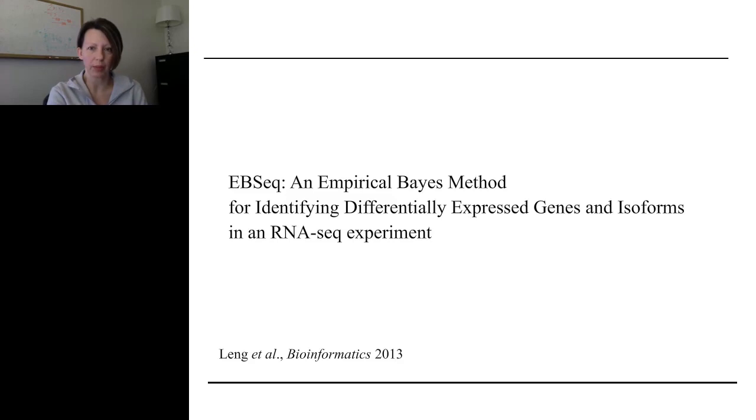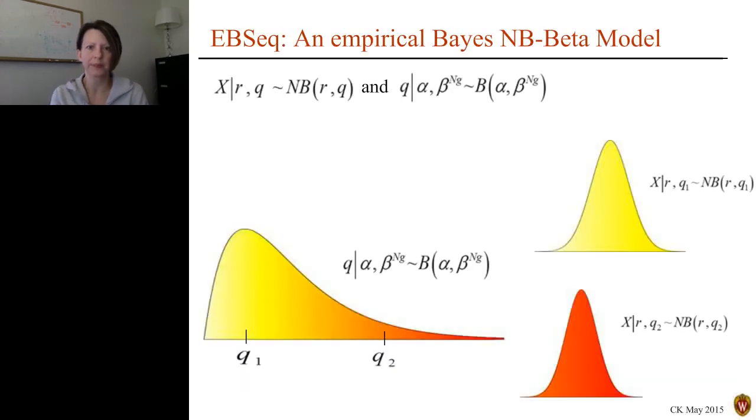So let me give you a bit of background on that approach. Okay, so it's called EV-seq. It's an empirical Bayes approach. And like all of the other approaches, it too assumes that counts are distributed, I'll just underline that here, as negative binomial, again, with some shape and scale, and that shape and scale determines the mean and variance. Then we assume that we have a prior that accommodates variability in the true underlying latent level of